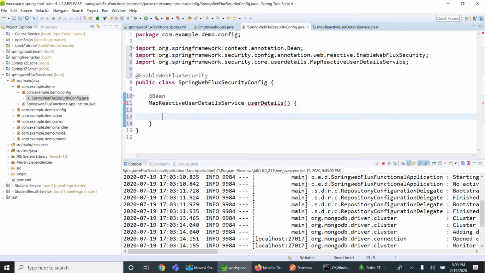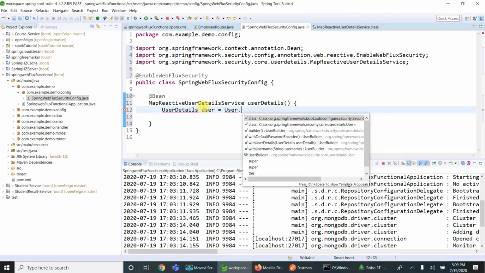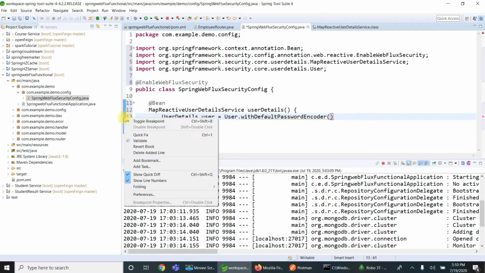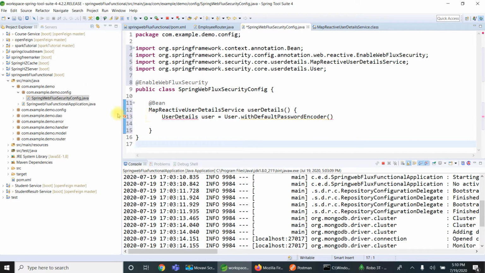First I am going to create two users, user1 and user2. UserDetails user equals User, where UserDetails is the interface and the implementation is User. I am going to use the default password encoder, but for production we have to use proper encoding.